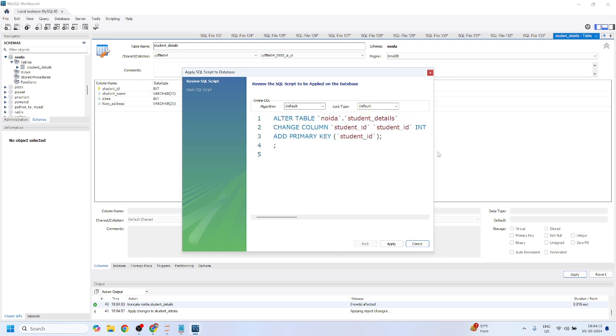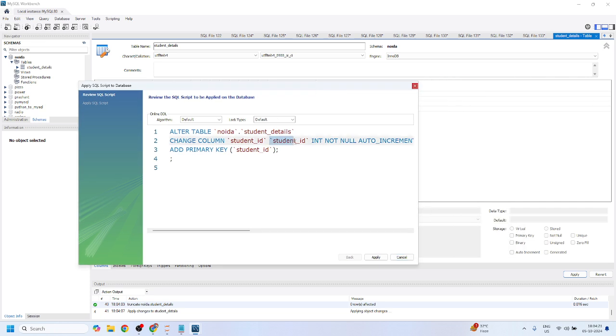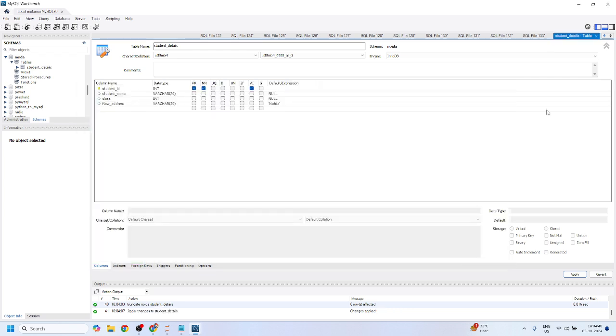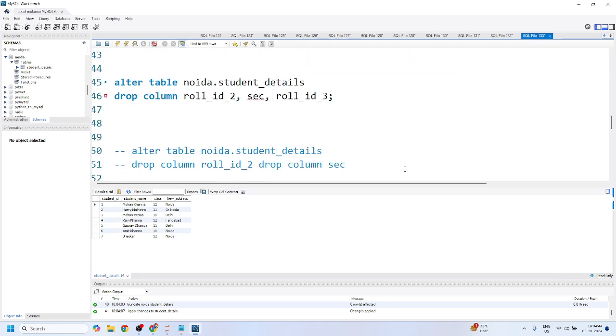And candidates, it's something like this. So alter table: we are changing column student ID to student ID because there is no change in name, so the old and the new name look similar. We are assigning data type with not null and auto increment constraint, and we are adding this as a primary key. I'll just click on this. Okay, finish this. Press Control W. Now, if you just run this,